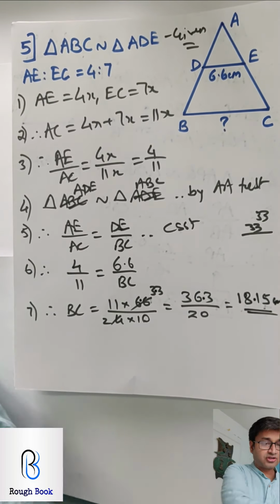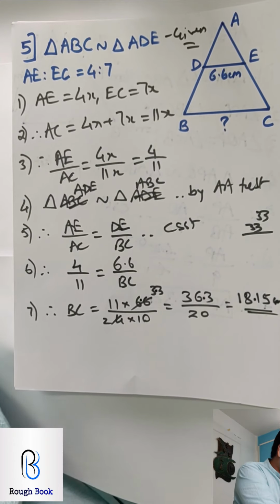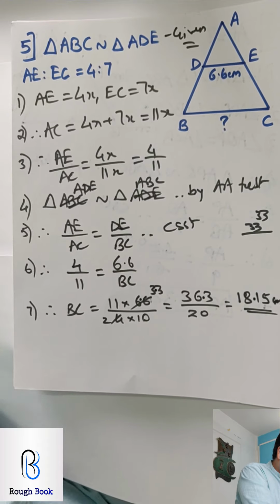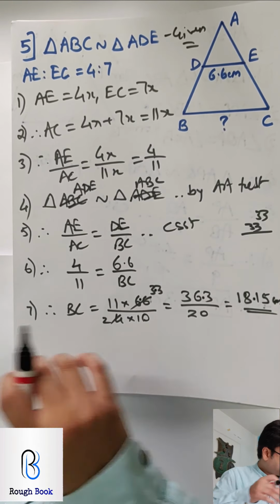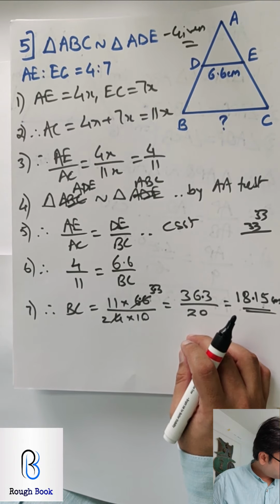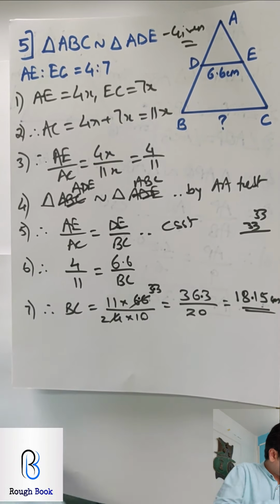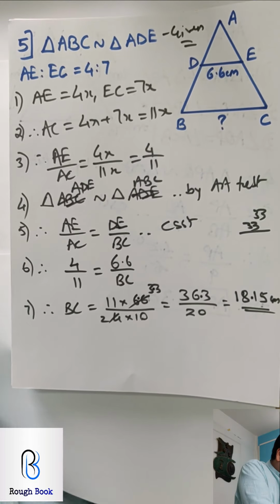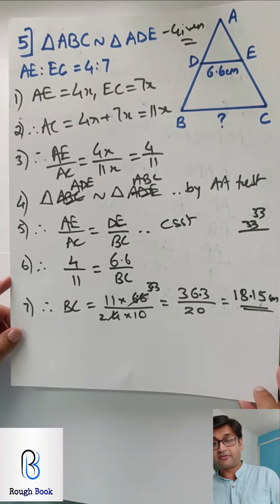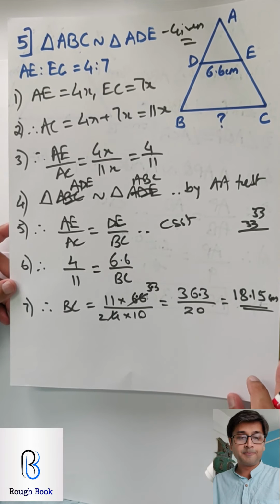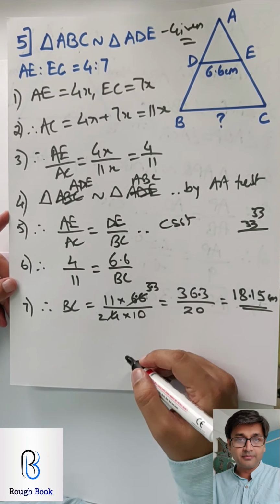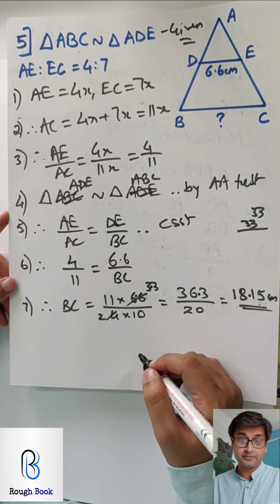I'm not very sure, can I just check the answer? This is 15B, sum number 5. So let us just verify it so that I am not teaching you anything wrong. 18B, sum number 5. Where are you? I am not able to locate you. 15B, not 18B, so sorry. 15B, sum number 5. It's correct. 18.15, or they've given it in mixed fraction, so you better write this. Got everyone? How many of you all managed to write the entire sum on your own?